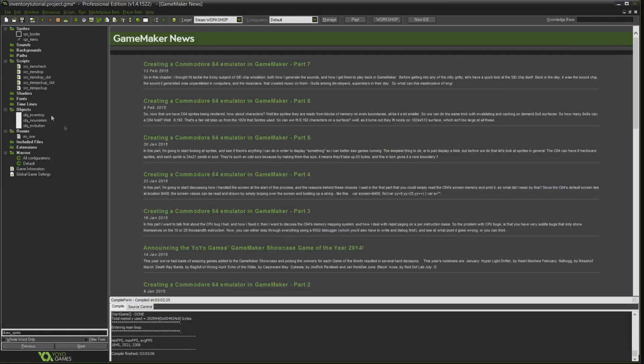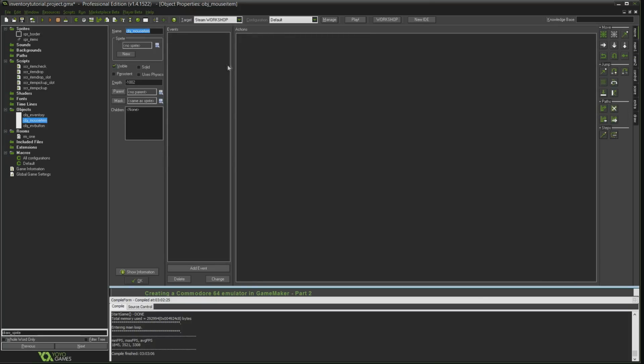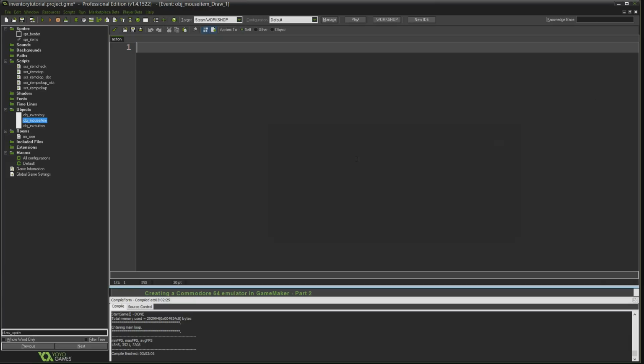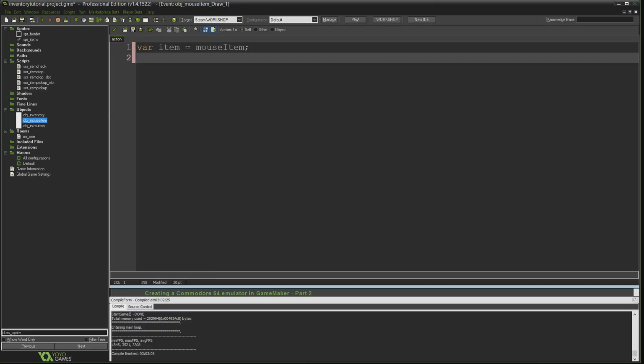So now I'm just going to go into mouse item, obj_mouse_item, and for this one I'm just going to add the draw event. I think that's pretty much the only one we need for this. Drag in, execute piece of code, and I'm going to say var item equals mouse item, a temporary variable to just tell us what item we're using every frame, so we're not constantly looking up this global variable. If item does not equal -1,